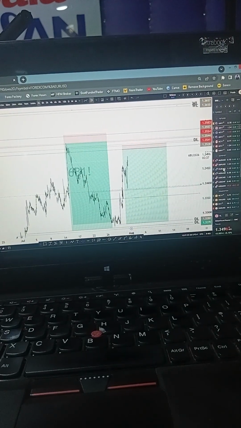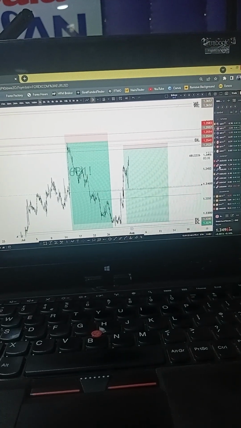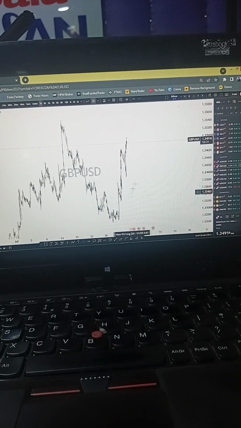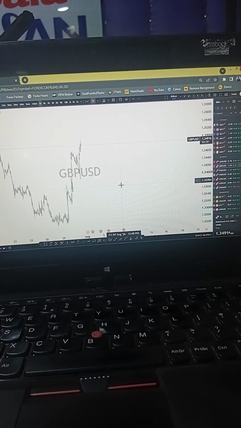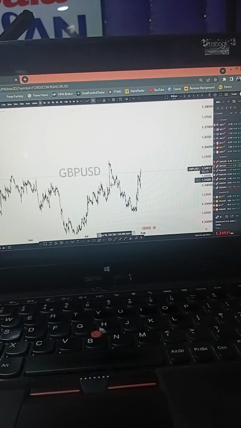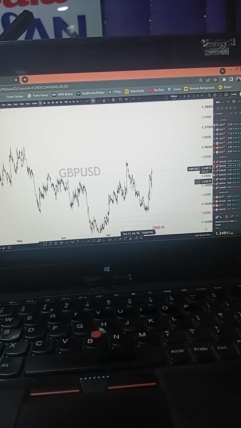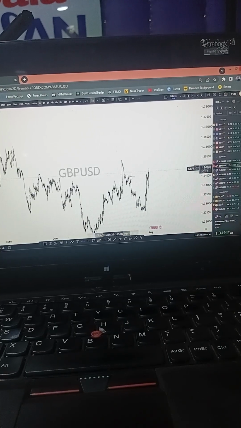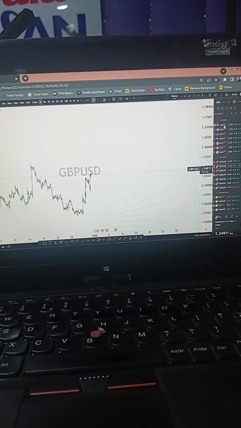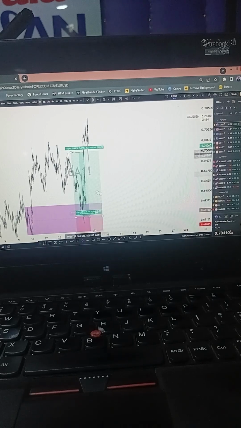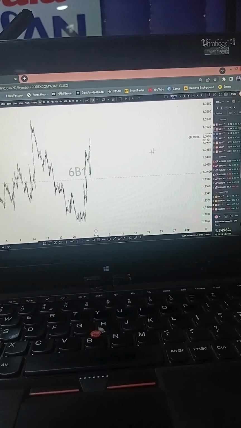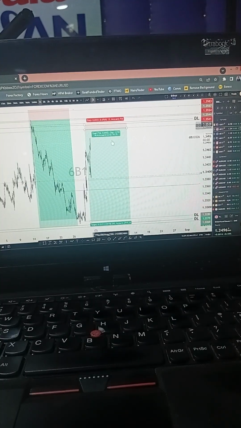So 6B is going to be GBP USD, right? So let's go to GBP USD. This is the normal currency pair of GBP USD. But I'm not really taking it because it's not that clean. But anyways, what I want to say is, if I should see a good sell